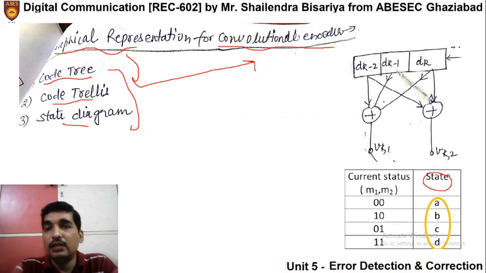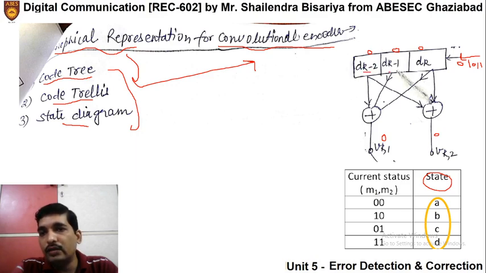What is this state diagram? Let us say I am inserting a bit sequence from here, let us say 0 1 0 1 1 1, whatever sequence is coming. Initially I say that all the bits are 0 0. Now the outputs vk1 and vk2, when XORed here, will both be 0 initially.